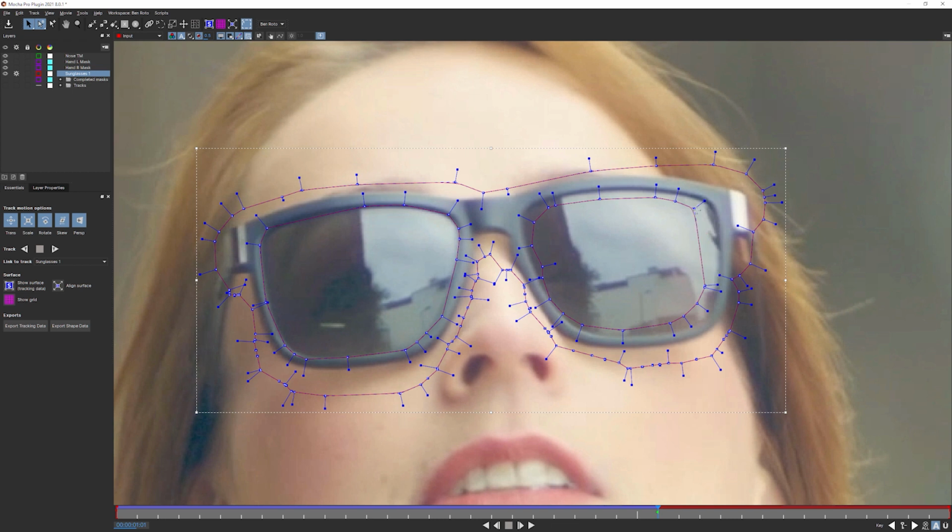I'll take some of these points out. Now I have to manually move them. All of a sudden I'm a little bit more conscious of what these are doing. So we get rid of these. One way is to limit the bad data that we're giving Mocha, so we completely take the reflections out of the equation, or as completely as we possibly can, I think here. There we go.